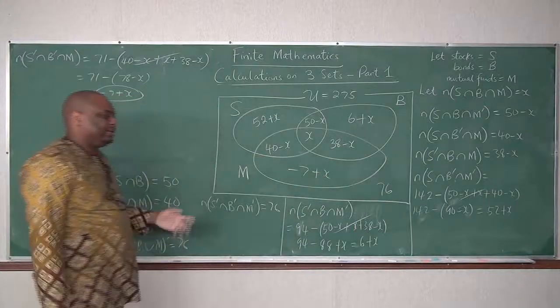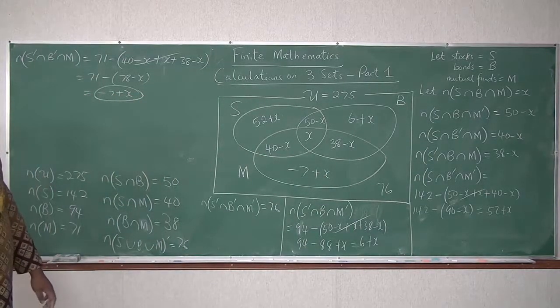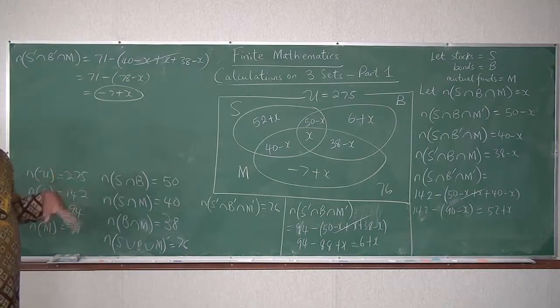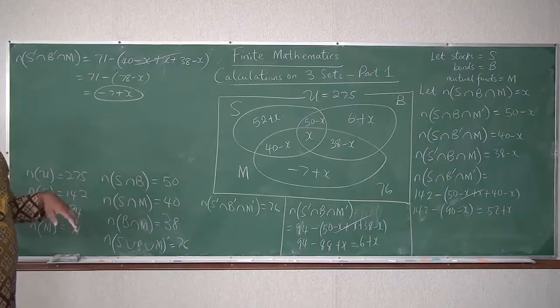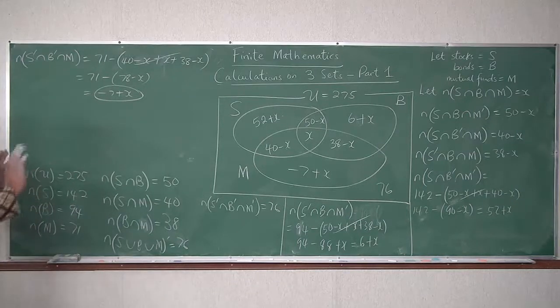Or you can say x minus 7. It doesn't matter. Alright folks, let's find x, the number of investors that invested in all three investments. So that means